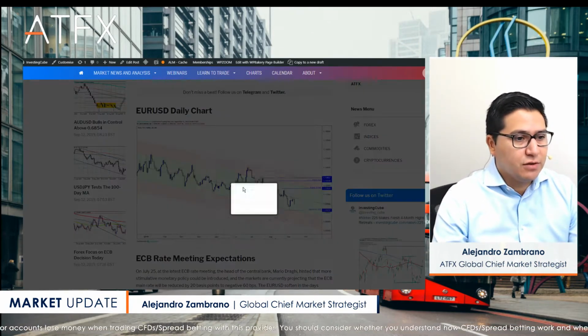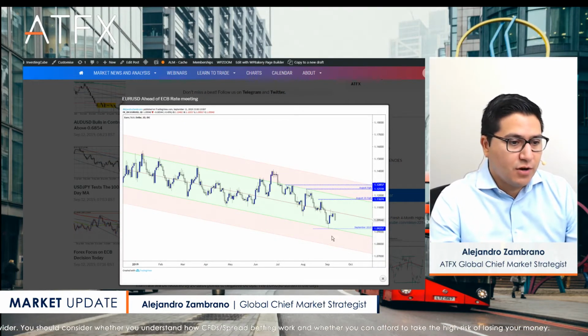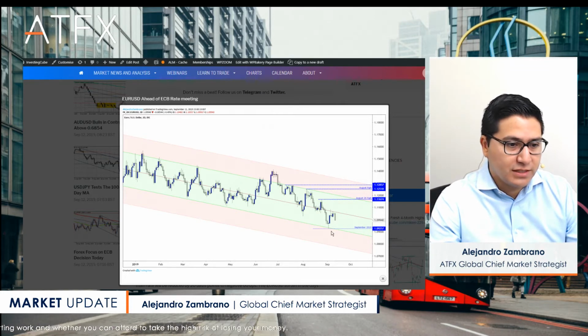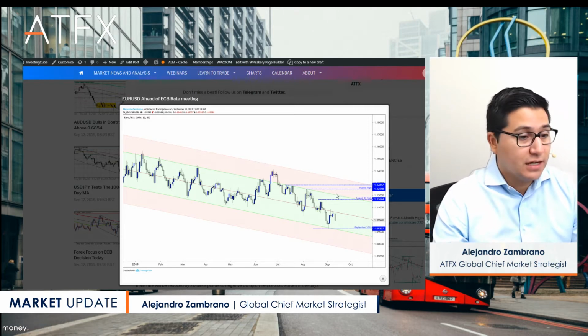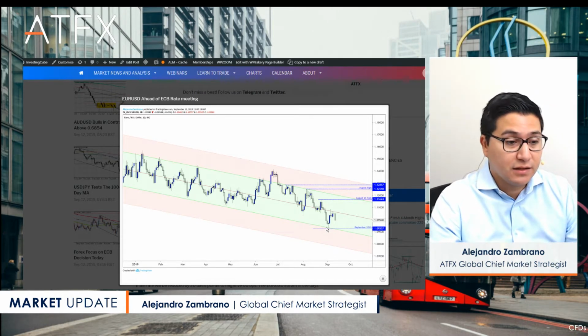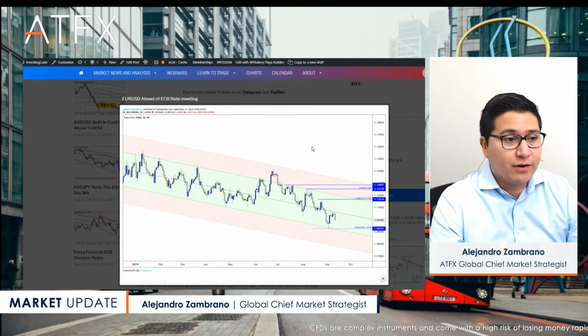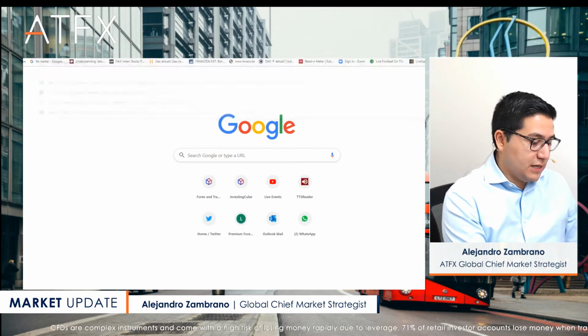And in general, the euro versus the USD is in a downtrend. So the market, as you can see here, is trading lower and lower and lower. The next support level is 109.25, which is also the September 2019 low, the yearly low. So I think we're going to go lower anyway, because right now, for example, if I load my chart,